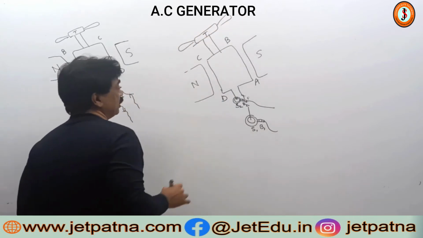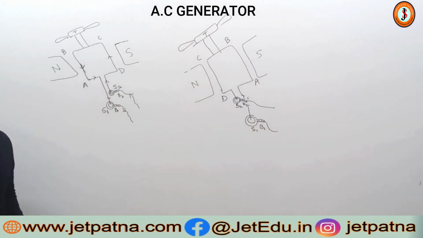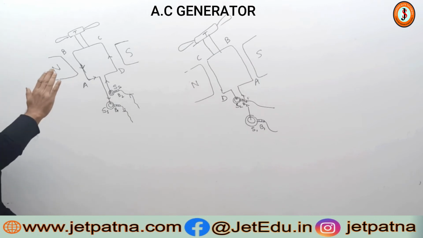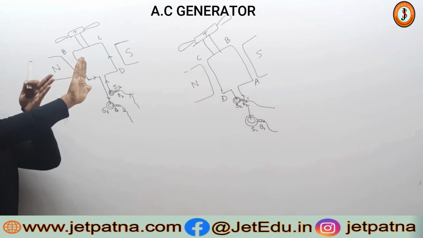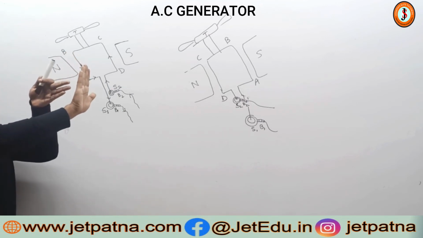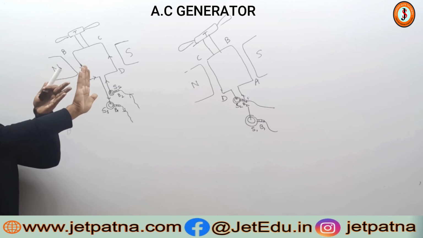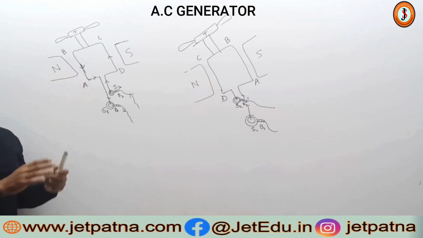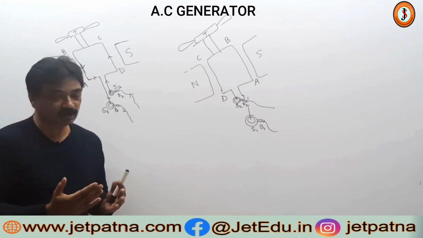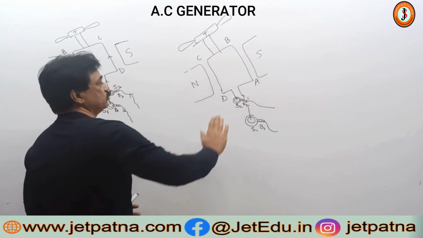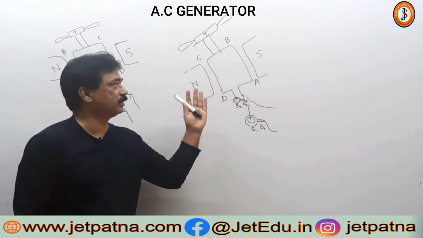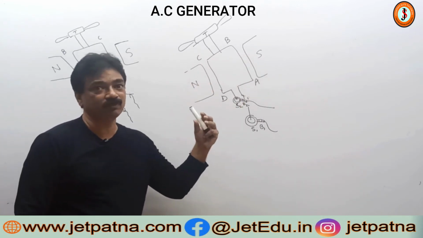Now what happens? Once again try to see the order of functioning of this. AB is going inside, and then it becomes perpendicular. Now the magnetic field is like this, and the coil is perpendicular to it. So at that time the current or the EMF is maximum. Then what happens? The CD coil comes parallel to the magnetic field. So at that time the current or EMF is 0.